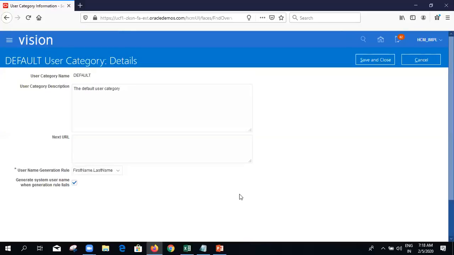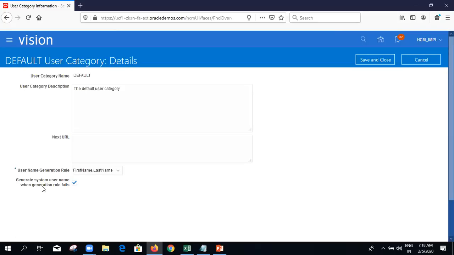And again, after a month, one more employee with the same name, Ramesh Kumar, joined the organization. But for that person also, first name and last name is Ramesh Kumar. Already one person is there in the system. In that case, what should be the scenario? Will the system create the same user account? Ideally, no, because that is already there with one person.